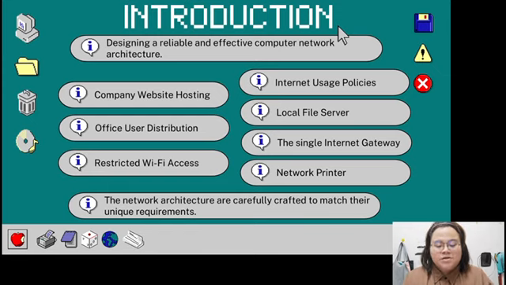Hello, my name is Joycelyn Chan. I'm going to present the introduction for this project. In today's rapidly evolving digital landscape, designing an effective network architecture is crucial to fulfill the client's requirements. For this project, organization XYZ is seeking a network design to maximize connection, boost efficiency, and promote seamless communication inside